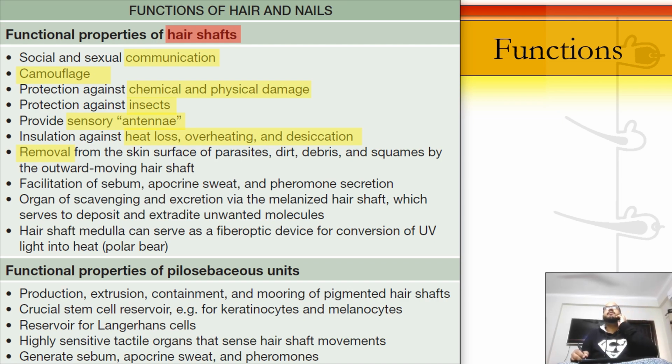And this is one of the functions of eyebrows and eyelashes. It traps the dust particles and prevents them from going into the eye. In fact, eyebrows prevent the forehead sweat from going into the eye. Okay, facilitation of sebum and sweat. That is, see, the perifollicular unit is the opening for apocrine sweat and sebum, sorry, not for eccrine. So all of these secretions go outside from the hair canal, and while they are secreted inside the hair canal, the growth of the hair shaft pulls the structures above by capillary action, and that is how these secretions go outside the skin.